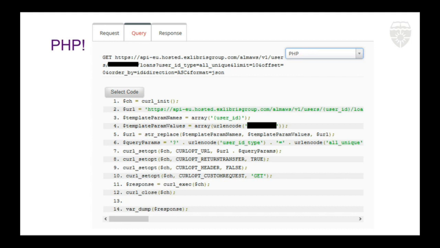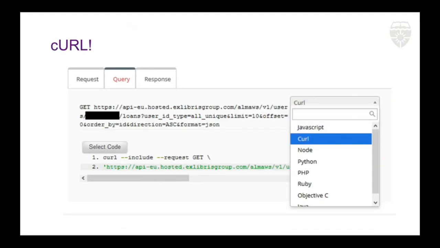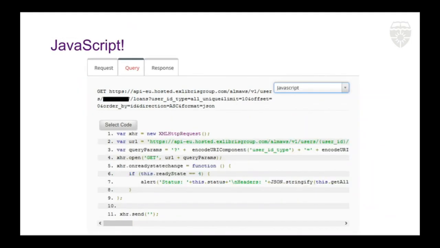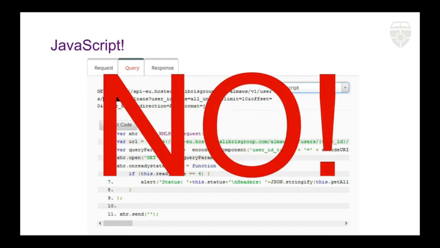You've got PHP as well. So you've got PHP code to get started. We have curl, and we have JavaScript. No. Do not use JavaScript for Alma, Primo, Ex Libris APIs, because you have to use a key, an API key,